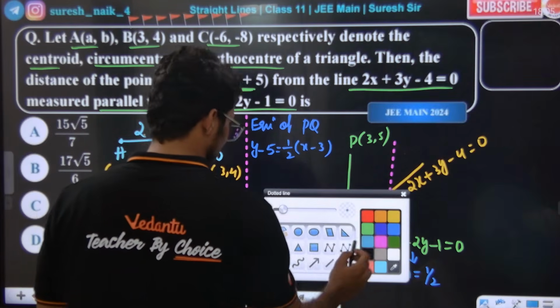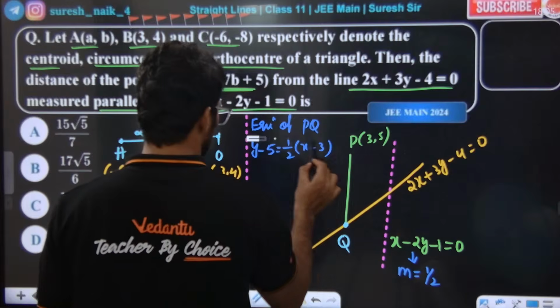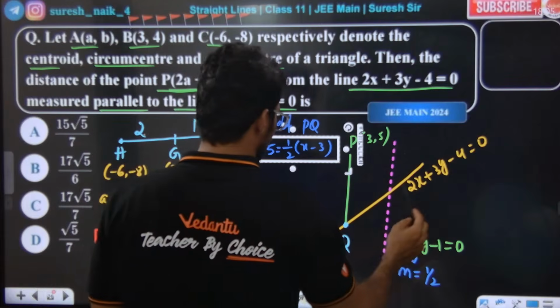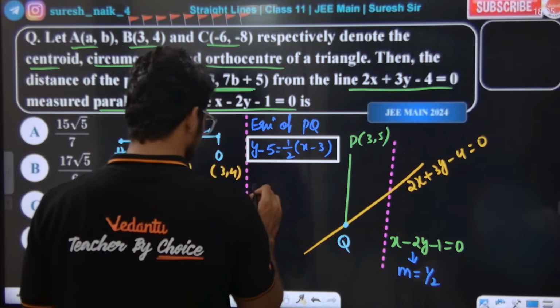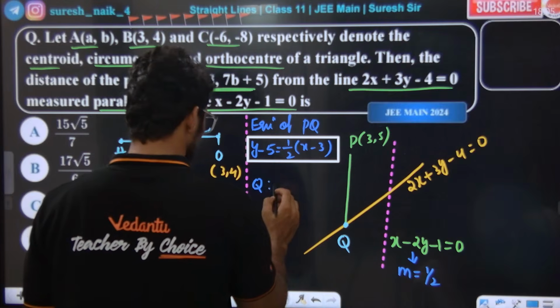Super, Anna, super. Now I'm going to give this homework only, don't worry. Okay, either equation. Now tell me here. What is point Q? For Q,